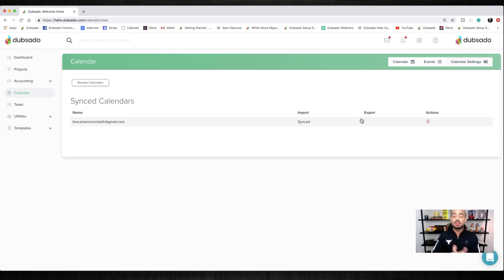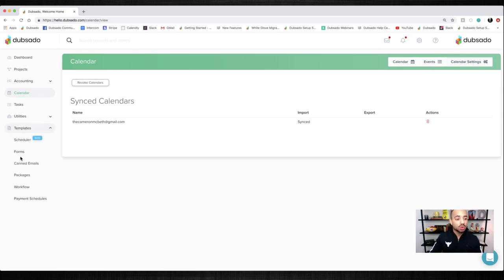But the big ones are going to be your Receive Money, so linking up your payment processor, setting up your email so that all your emails are going from you, and then also your calendar, making sure that if you do have an external calendar, you bring it into the system. So that is the next step that I encourage everyone to do: go into the brand settings area, get all that set up, and then get your calendar synced up if you want that in there. But that would be step number